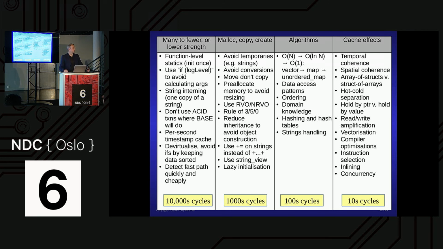Silly things I've seen. People doing log all these arguments. Well, it's all right. We haven't got logging turned on at the moment. Only on that's a debug, and we've got it set to error level. Yeah, but you're actually calculating all those arguments, transferring them, sending them through to the log thing that has an if statement inside that throws them all away. So basically, you're throwing all that performance away, creating all these objects and doing nothing with them. And so the advice there was for your log macro to check if log level is greater than debug, or is less than debug, do this. So don't calculate all the arguments. It's just a few things I've seen.